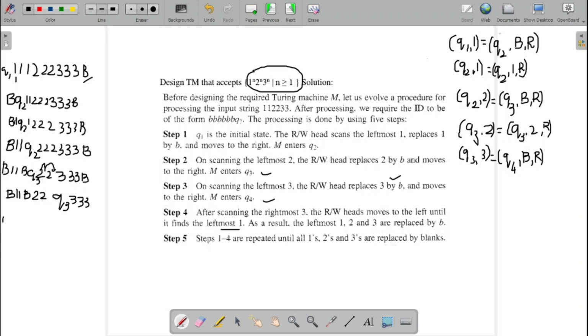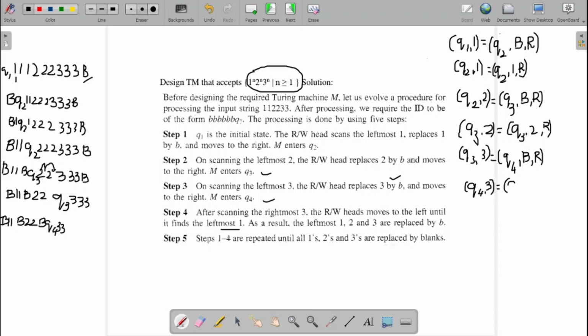So this will be written as a blank, 1, 1, again blank, 2, 2, again blank, and the Q4, and this will be 3, 3. Then the next will be the blank. So now I am getting Q4 on 3. Q4 on 3 means I have not yet reached the end. I need to go back till I get my leftmost 1, for which I will write the transitions as Q4 on 3. So this is for your back going.